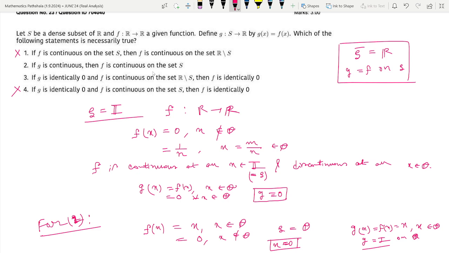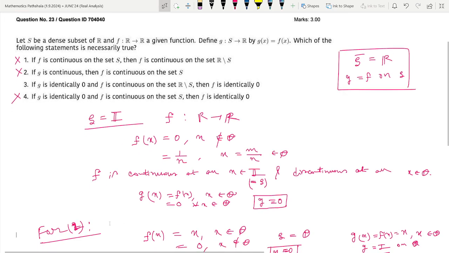And then it says that f is continuous on the set S, but S equals Q, and f is continuous only at x equal to 0 and discontinuous at all other points. So f is not continuous on the set S here. So option 2 is also not the correct option. So option 3 will be the only correct option. And now